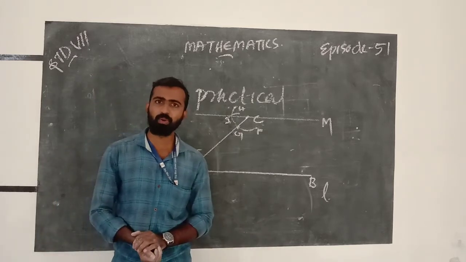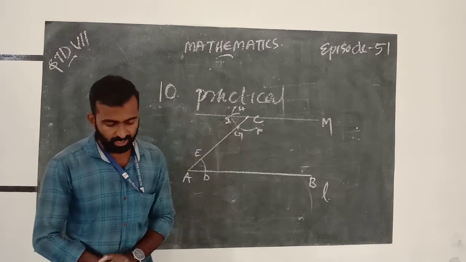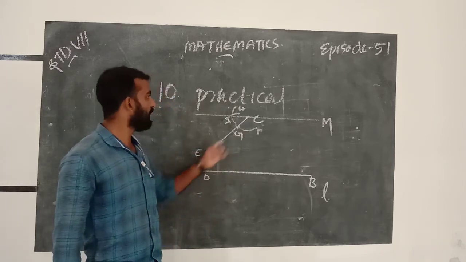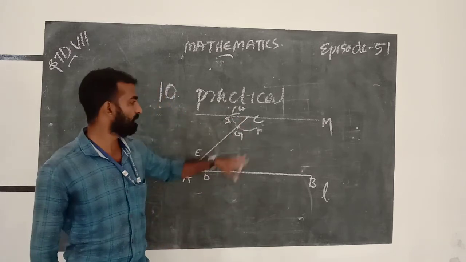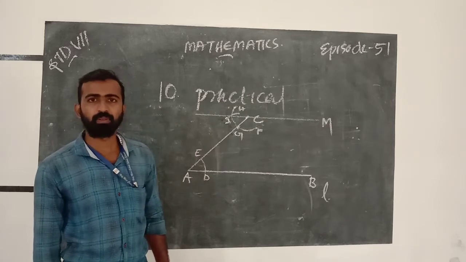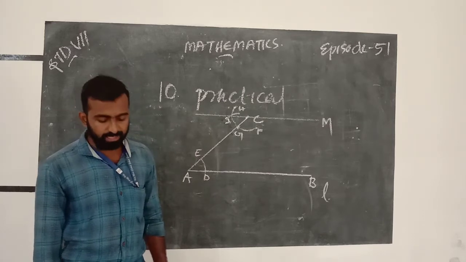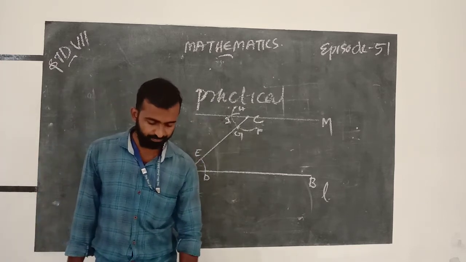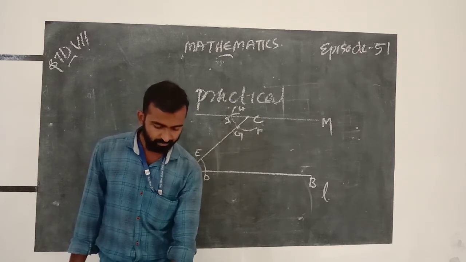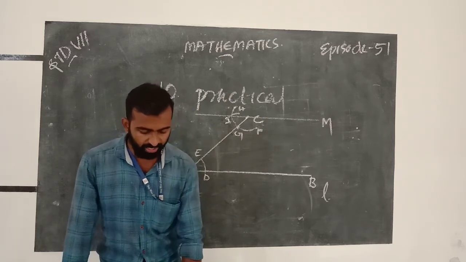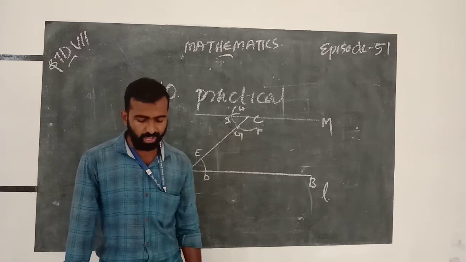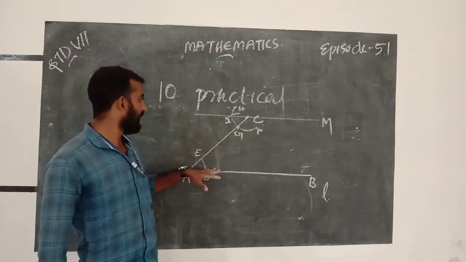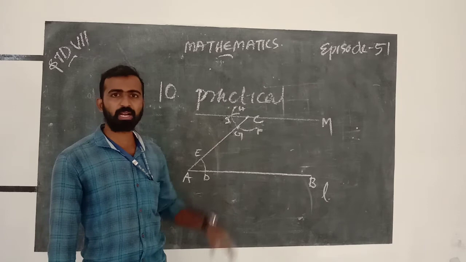No. That is no. Why? We cannot draw any other line through A that would also be parallel to the line L. Already we drew a line through A parallel to L. Is it? Yes. And next is, can you slightly modify the above construction to use the idea of equal corresponding angles instead of equal alternate angles? Can we modify the alternate angles to corresponding angles?